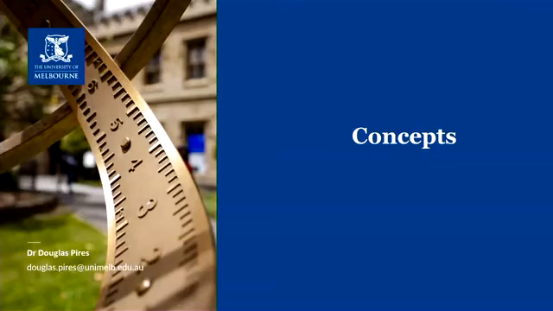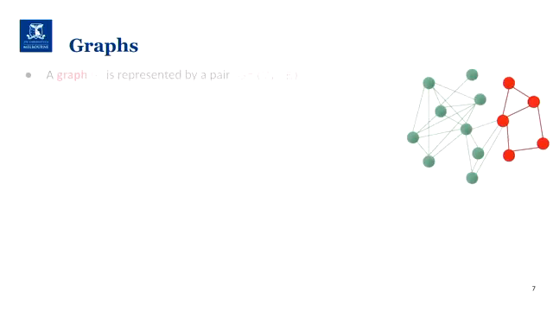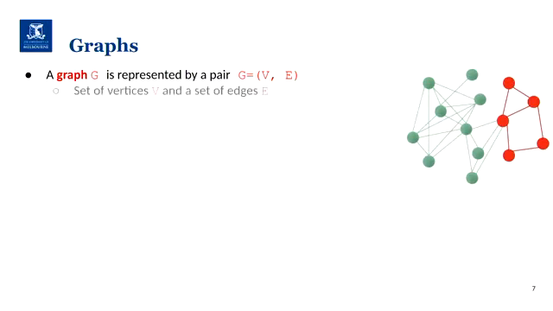And we could start then with a few basic concepts. Mathematically, a graph, as we've discussed before, is represented by a pair of vertices and edges. So we have two sets. V is a set of vertices that can also be called nodes, objects, items, and so on and so forth. And they are connected by a list of edges.